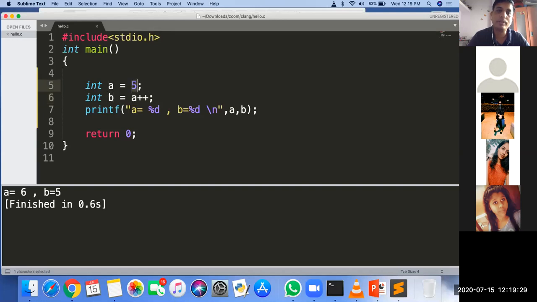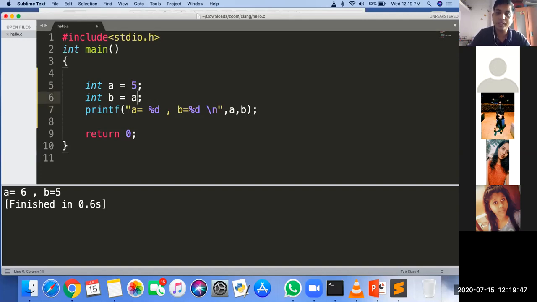The value of a is 5, so 5 gets assigned, so b is equal to 5. And then after that, the value of a gets incremented, so 5 becomes 6. So a is 6 and b is 5. Got it? Yes, sir.